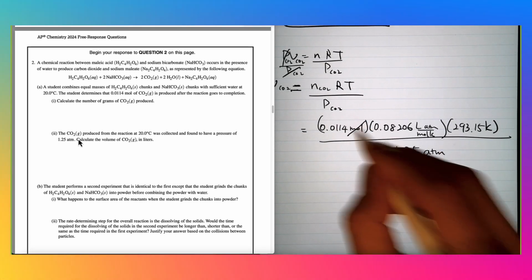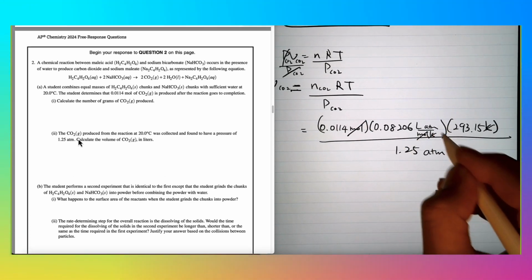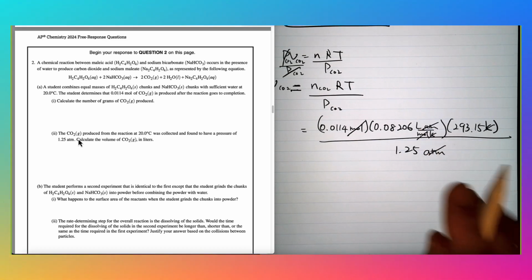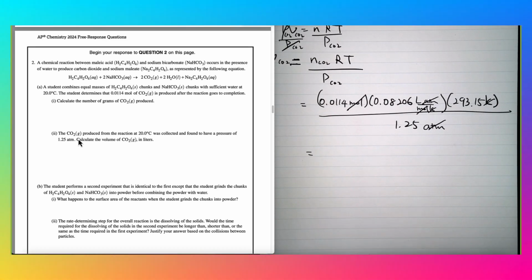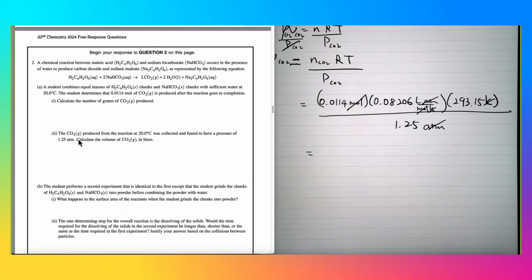You can check the units: Kelvins cancel, moles cancel, atm cancel, and we are left with our desired unit, liter for volume. So 0.0114 times 0.08206 times 293.15, all divided by 1.25, you're gonna get